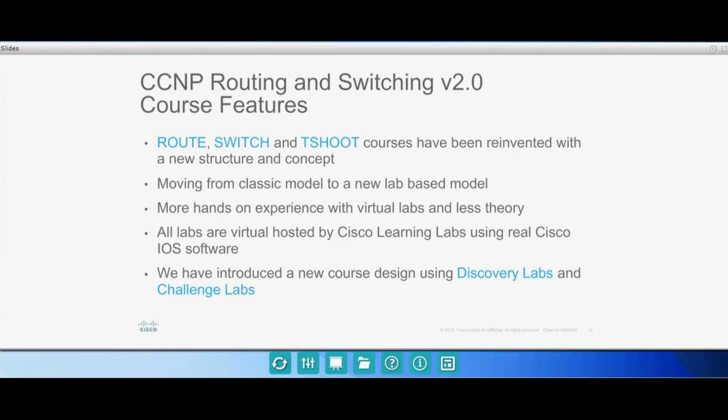Now next I would like to move to some of the courses that we have for CCNP routing and switching. We have a lot of courses, like the instructor-led training, the e-learning training, then Cisco learning labs that we've created to get you ready for CCNP routing and switching. And in this new course, with version 2 that we have for routing and switching, we've designed these courses